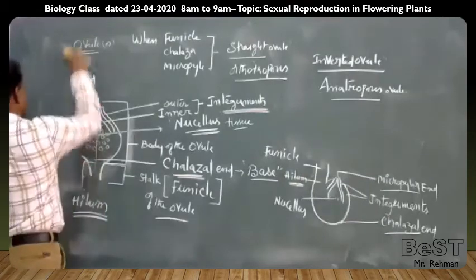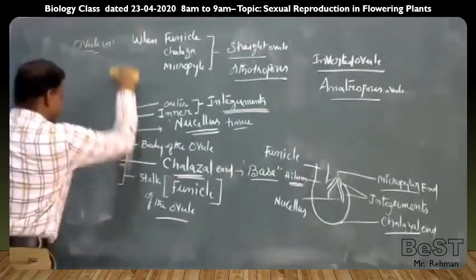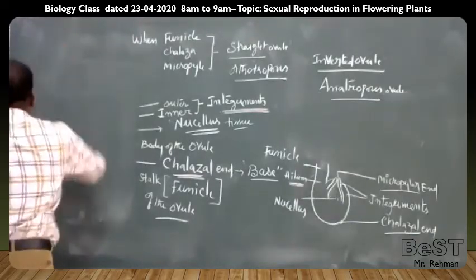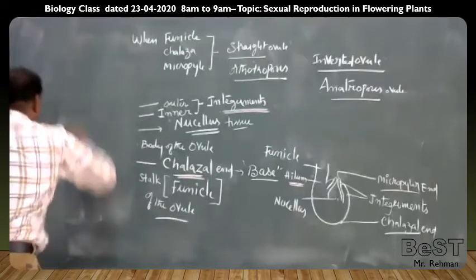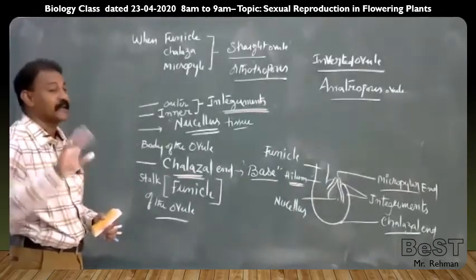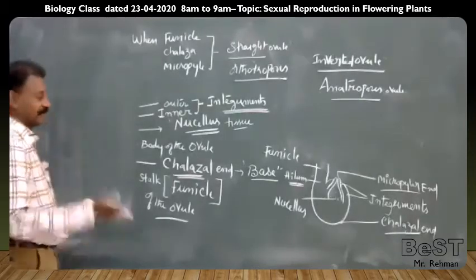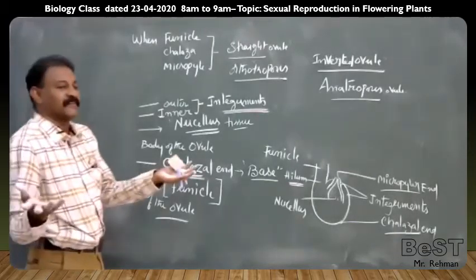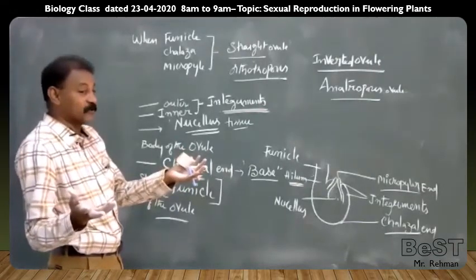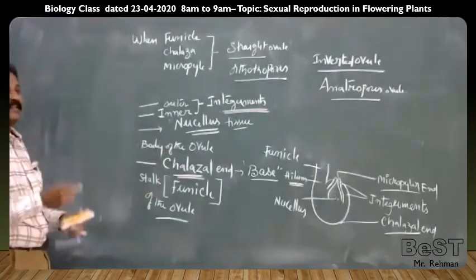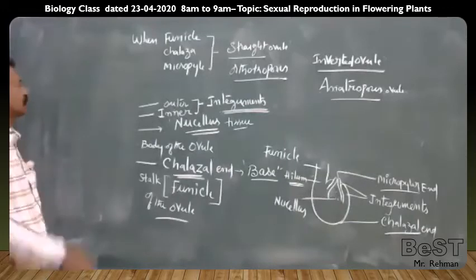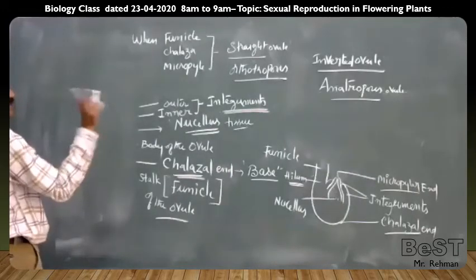Now, megasporangium or ovule. So gynoecium means the reproductive part. It is represented by a single pistil or a single carpel or many pistils or many carpels. They may be fused or free. Find out CET memory based example oriented questions. In which of the following plants is the syncarpous condition seen according to the book? They have given 2 diagrams, diagram oriented questions.